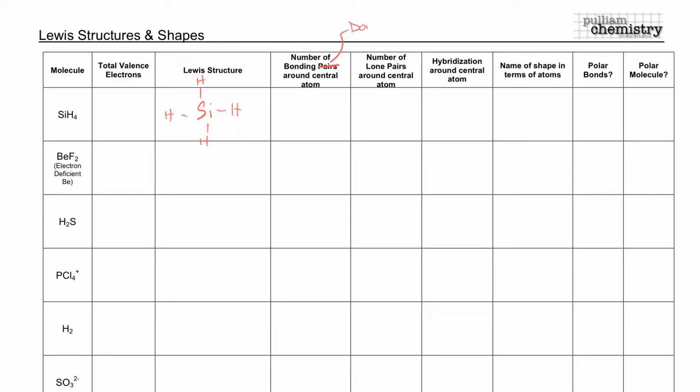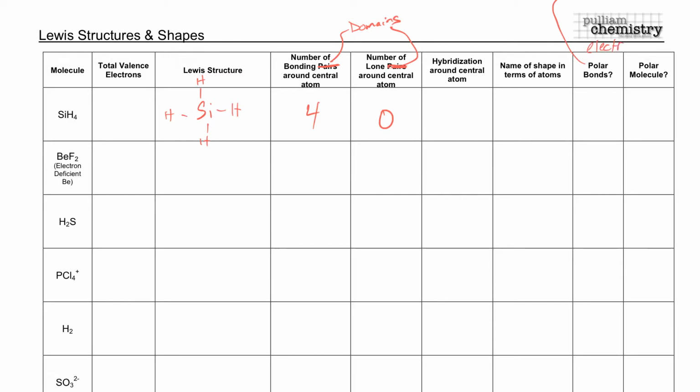I'd rather have domains here. And the same thing here, that should be domains. So the number of bonding domains around the central atom is 4 and non-bonding is 0. And we haven't filled in the hybridization column yet, and we haven't named the shape yet. We'll get there. But in doing the polar bonds, we want to know about the